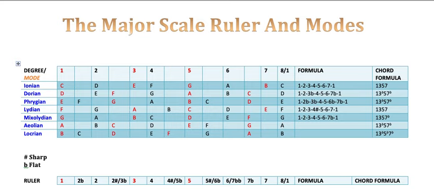So that's the formula for the Mixolydian mode: 1, 2, 3, 4, 5, 6, flat 7, 1. And the tetrad that you can get from there is 1, 3, 5, flat 7. That's a dominant chord there, a dominant tetrad, if you like. Now, we are happy with this. That's the Mixolydian mode. Now let's go on to the next mode, which is our sixth mode, the Aeolian mode,